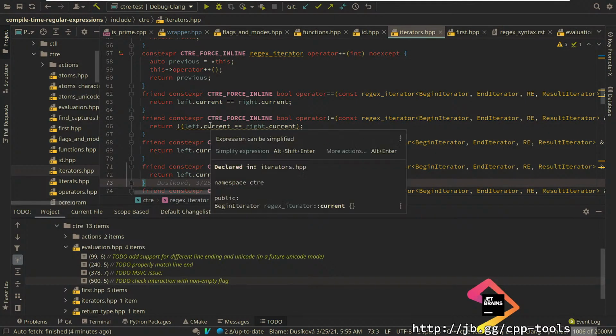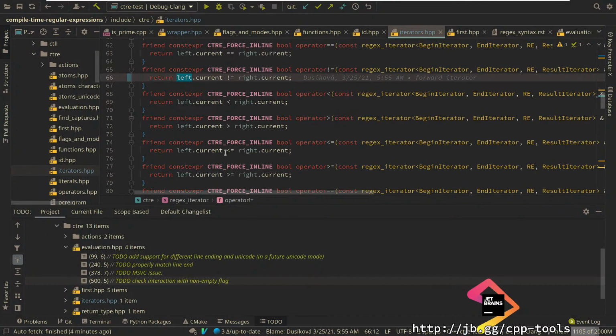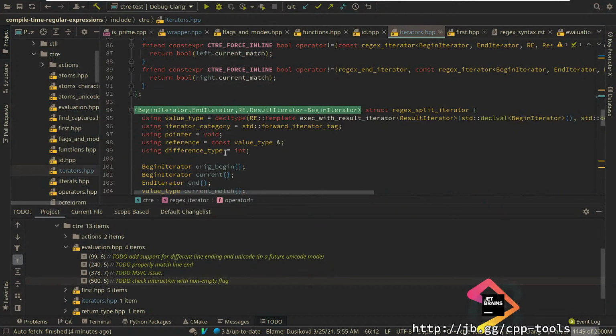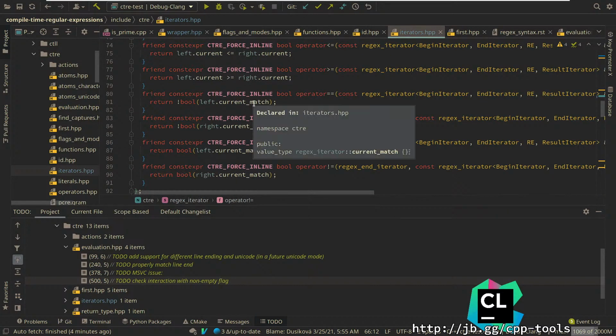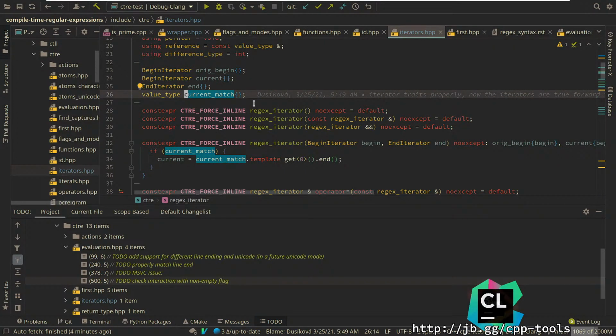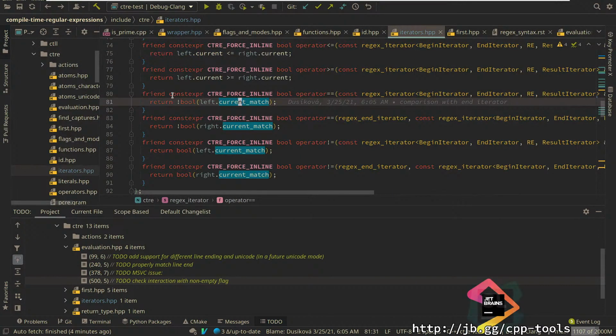Hello, what's this? Expression can be simplified. Simplify expression. Oh, okay. I guess that's a thing. All right, I want to see something. Value type. Current match. So this is